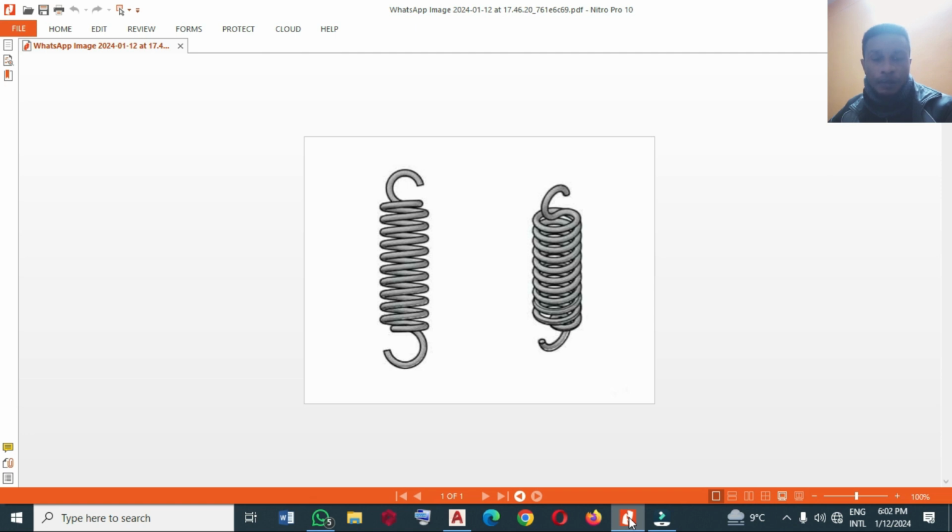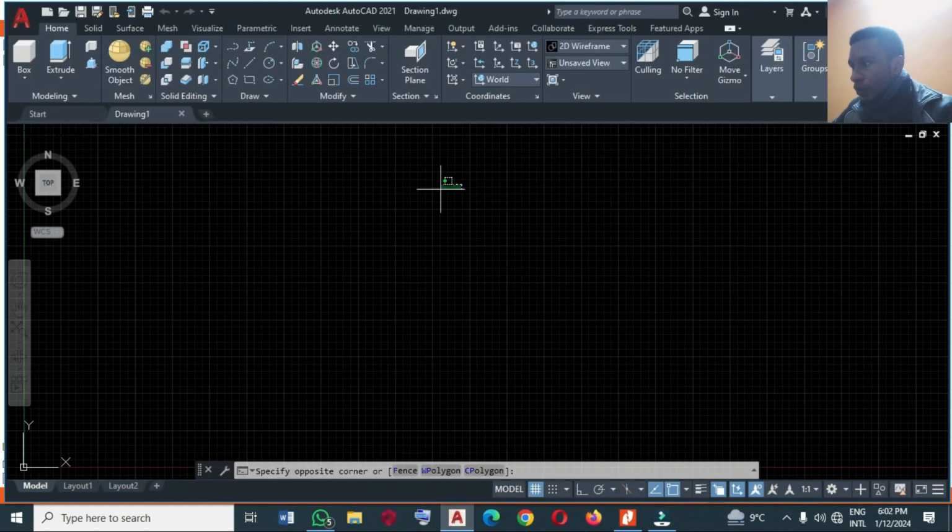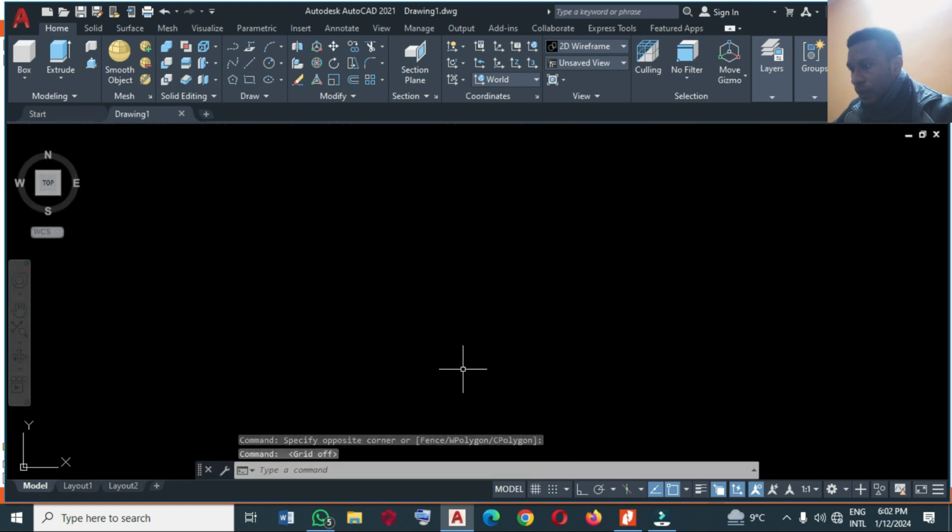So today we are going to draw this 3D spring. Without wasting time, let's get started. Let me turn off my grid line. All right, first of all, I'm going to start with the helix tool. You expand this draw panel